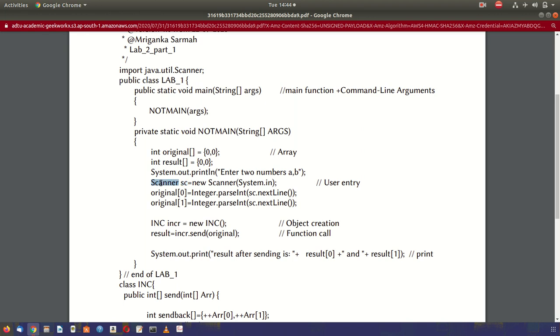So every class should have an object. Without an object, class members are not allowed for your access. Without creating an object, a class member cannot be accessed, because if you give only the class name, Scanner dot something, then you cannot initialize values of different nature. The student id, if it is a string, a roll number, student id, roll number, department, if you don't create the object, then whenever you access